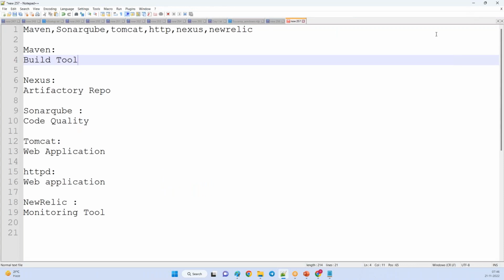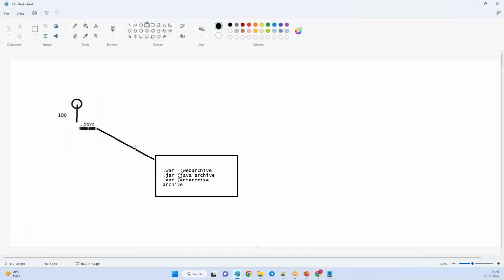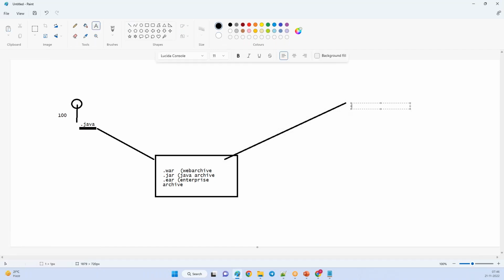Previously, before build tools, these were manual processes, and the process was not consistent. So a build tool was invented, which is Maven. You can document your steps, and if you want to use third-party Java plugins or Java-related software, you can download them from the Maven repository. The repository is one central place where all the required files are kept. So Maven is a build tool with many advantages.